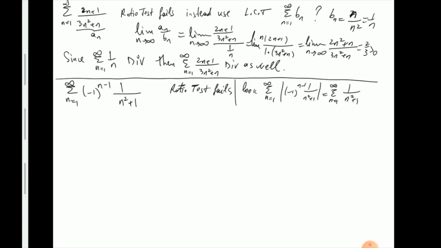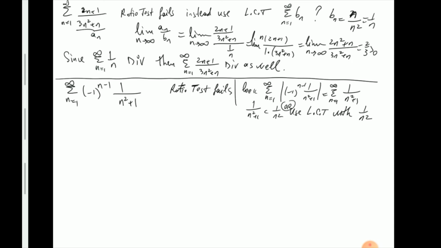So I end up with the summation of 1 over n squared plus 1. Okay, how do you deal with this one? Well, here you could use the comparison test. You could notice maybe immediately that this is going to be less than a series which is convergent. If you don't spot that, then use